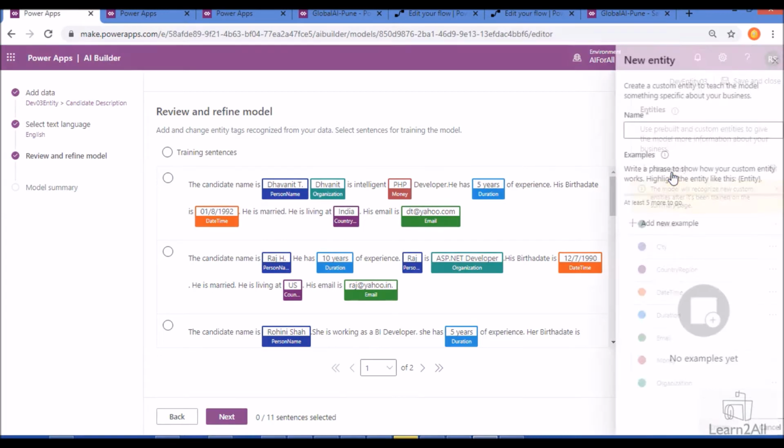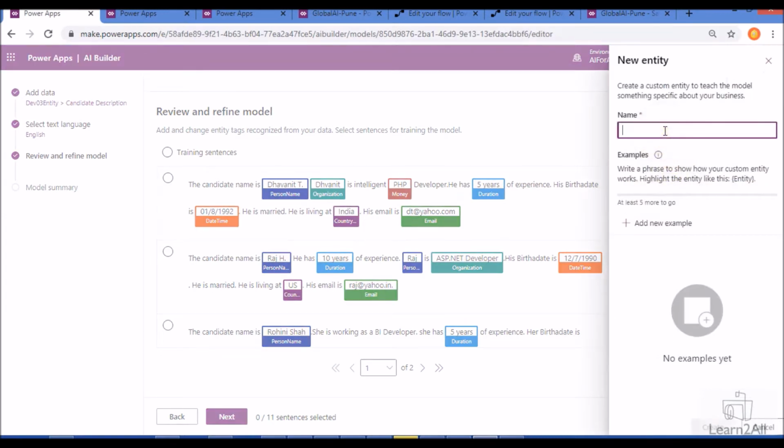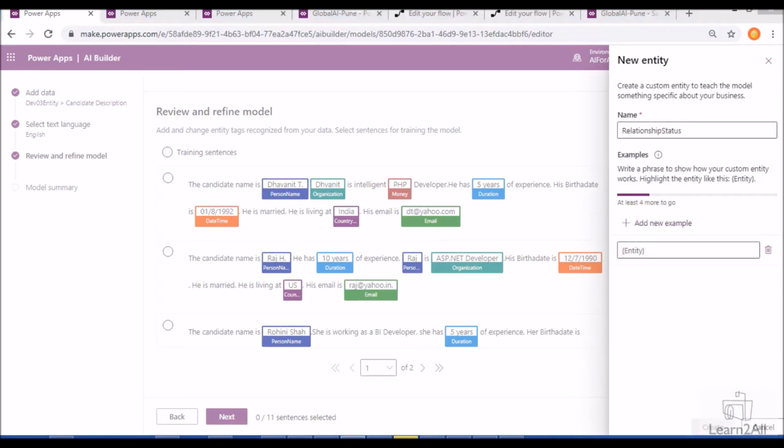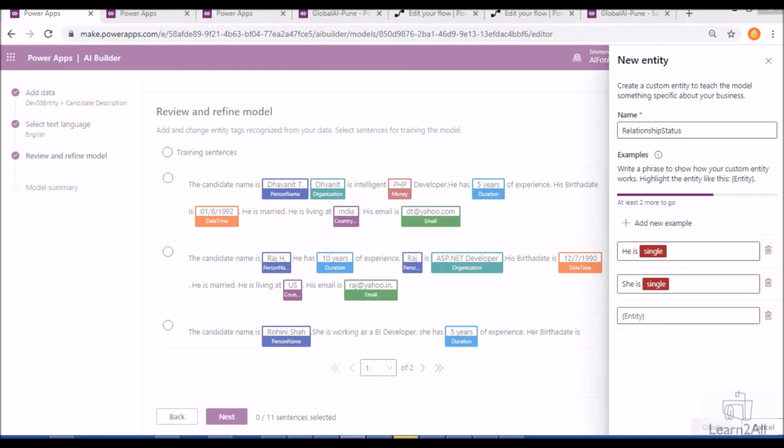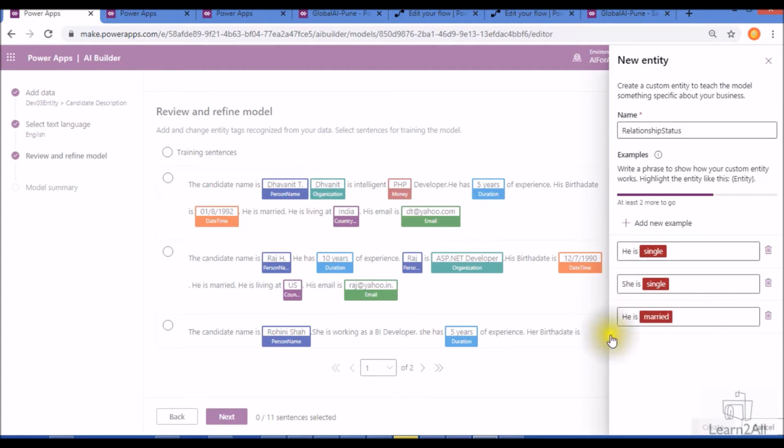Now we need to create one more entity, let's say relationship status. Here also we can provide some examples like this. My entity value is, he is single, or most probably, she is single. Then we can provide an example like he is married.